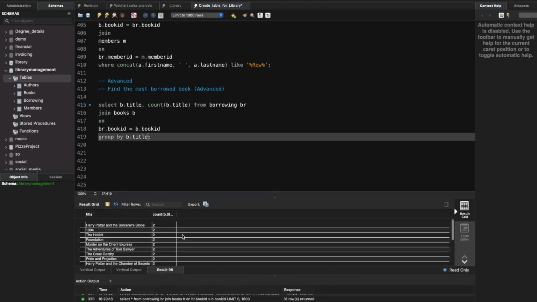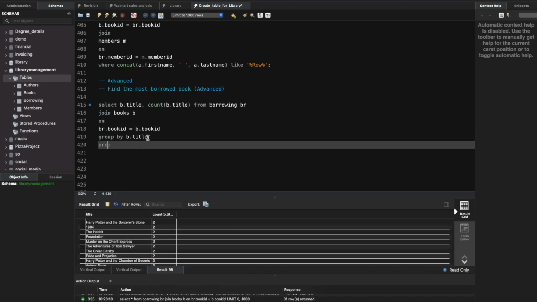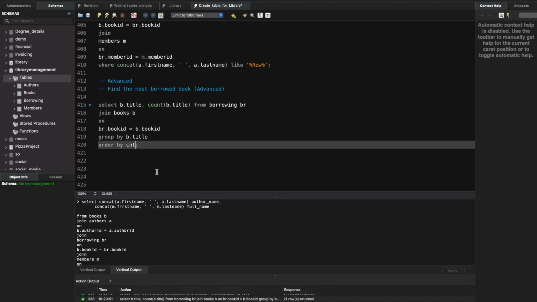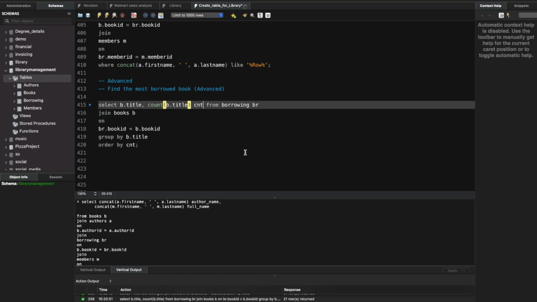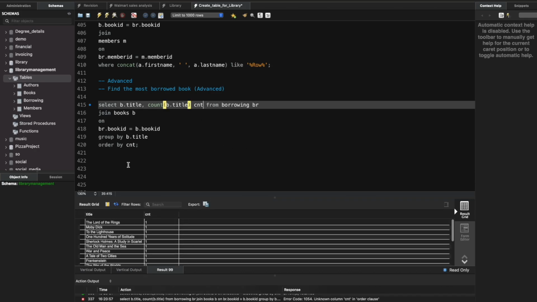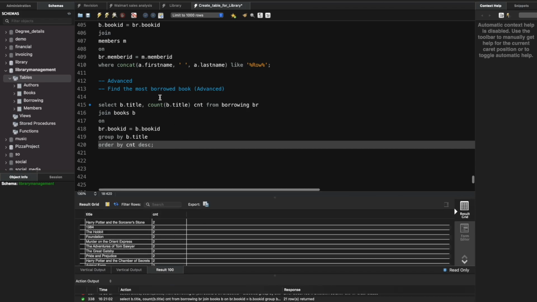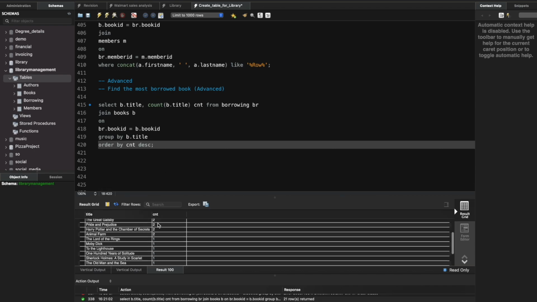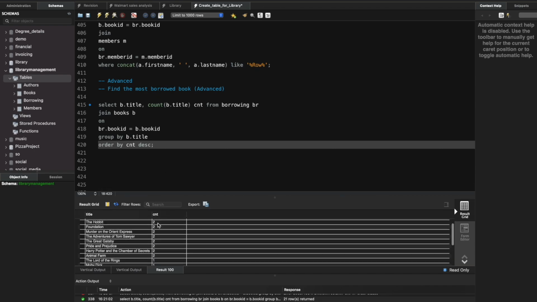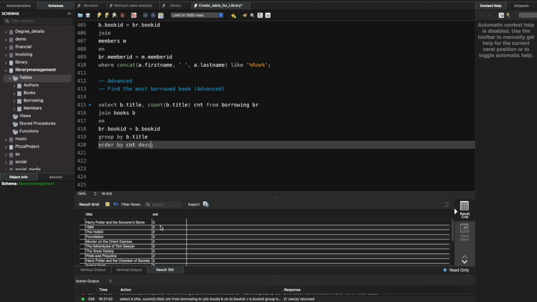Let's see. Yeah, now I would also want order by cnt. Okay, I did not give count. Okay, cnt, desc. Yeah, so find the most borrowed book. These are the most borrowed books, but I only want these